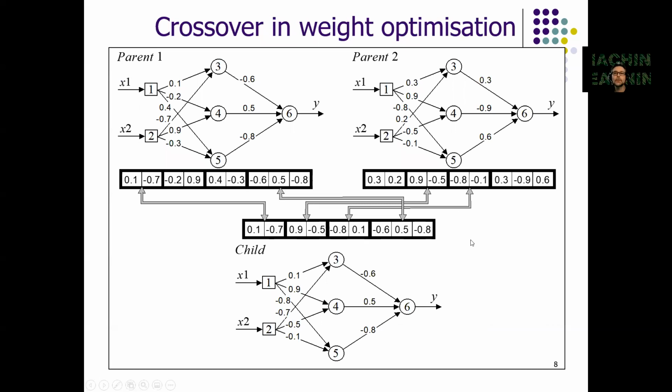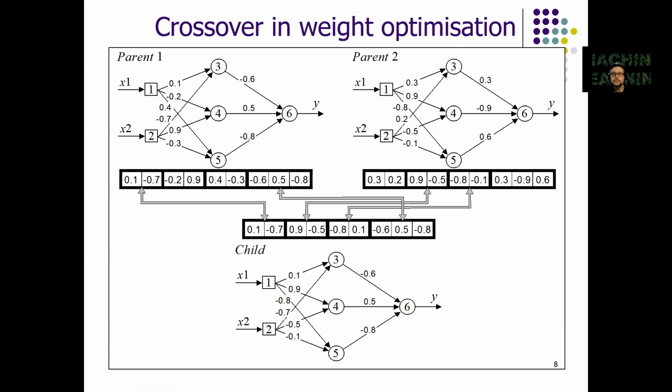And then, depending on how the crossover has been defined, you produce an offspring whose elements belong to different parents. So you can see the child here. The first two elements come from parent 1, the next two from parent 2, and then again from parent 2, and the last three come from parent 1. And that will give you the configuration of the child, which is another neural network. And we follow the procedure. We have to evaluate performance, apply